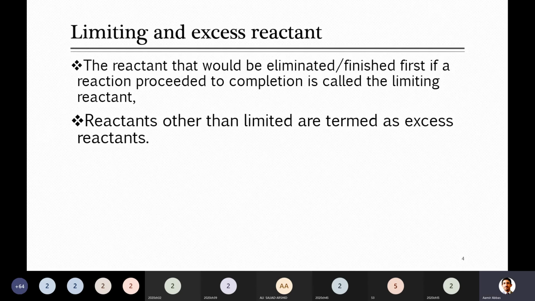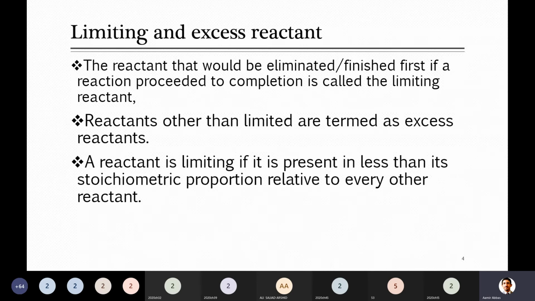Whenever there are reactants and one is limiting, the other will be considered the excess reactant, and anything that is still left over at the end of the reaction is the excess reactant. Any reactant is limiting if it is present in less than the stoichiometric proportion relative to the other. How can you calculate this stoichiometric proportion? Just as per the balanced equation. For example, in the given case, it is 1:11, 1 of C7H16 to 11 moles of oxygen. For any given ratio, you can simplify that and look at whether they are in the stoichiometric ratio or not, and the one which is less than the stoichiometric ratio will be treated as limiting.